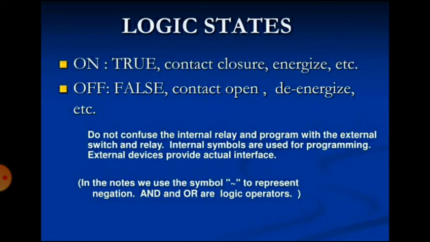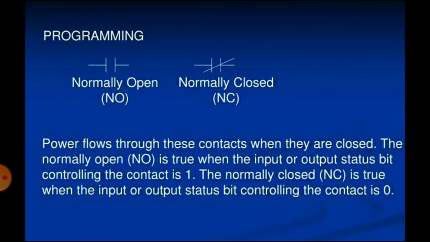There are two types of contacts used. One is normally open, that is NO switch or NO contact, and the other is normally closed, that is NC contact. The NO contact will not provide energy flow from the left power line to the next devices until it is activated. The NC contact normally provides the energy flow in an unactuated position. That is the difference between NO and NC switch or NO or NC contact.